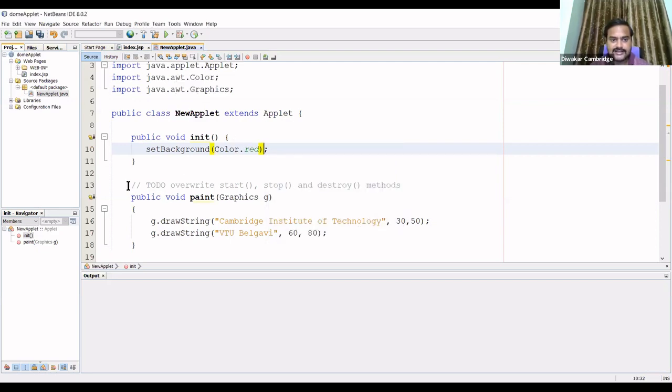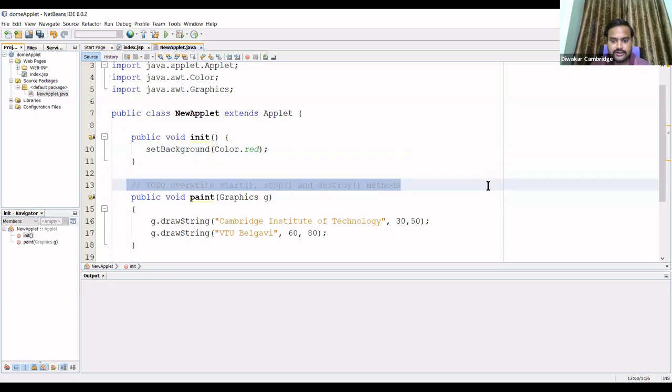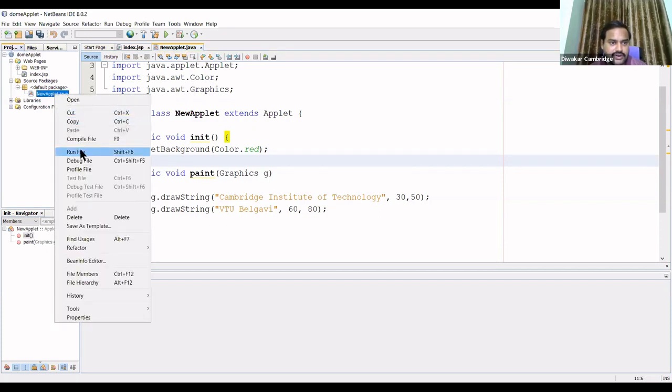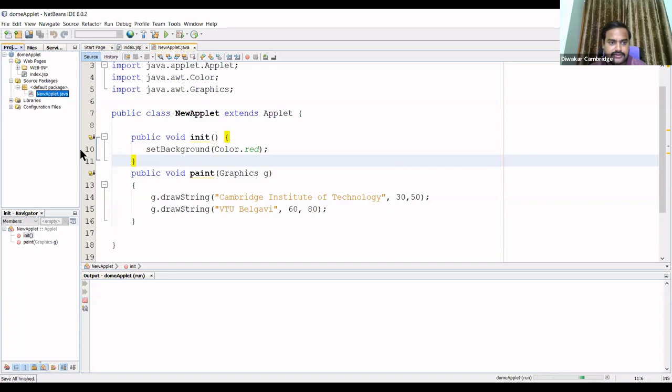See, now that error has gone. Next, you run this applet. After running this applet, the applet will be displayed.